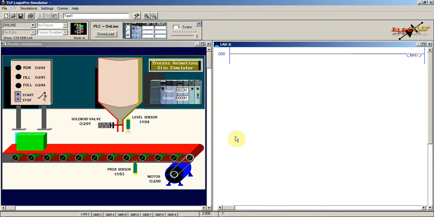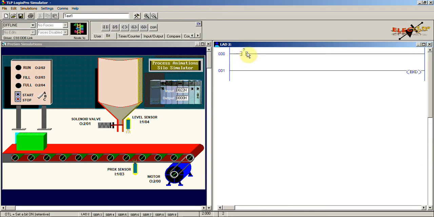So first we'll go for the indication of the run. This run should be indicated once the start push button is pressed; it will start glowing. So for that I'll go to this program, and use an examine if closed instruction for the stop push button.